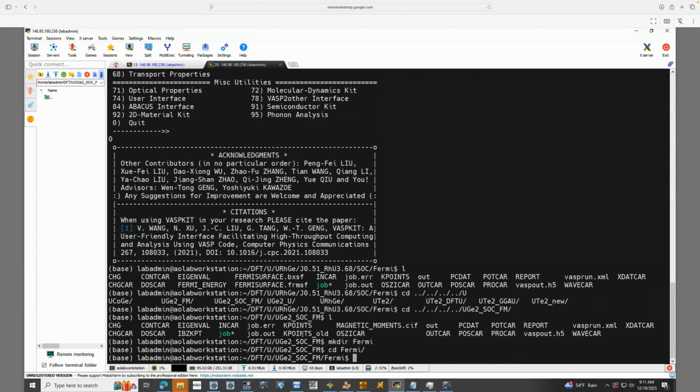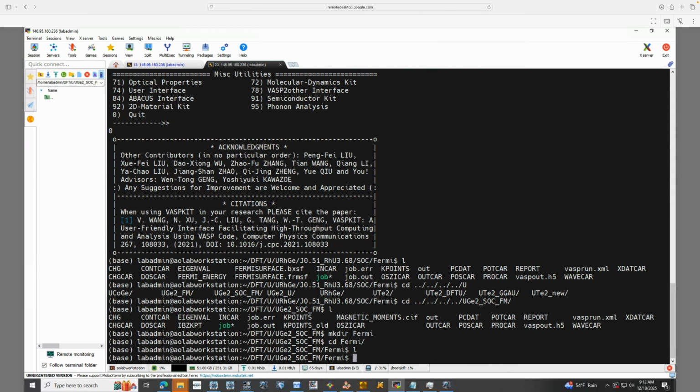Today we're going to go over how to do a Fermi surface calculation. It's relatively simple. Honestly, it's pretty much the same as a band structure calculation, same sort of process. So firstly, I made a subdirectory called Fermi. From here, I'm going to copy,